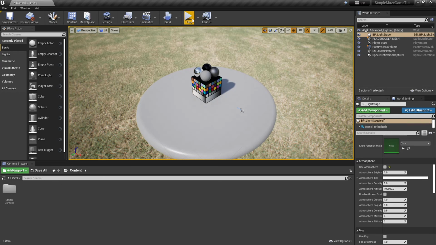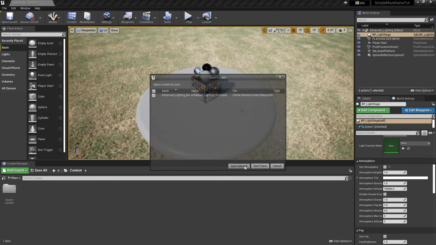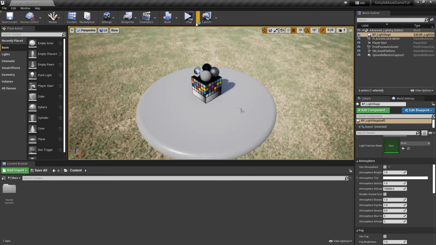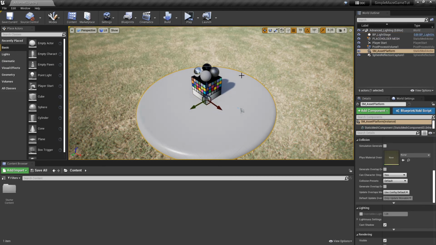You could press play right here, and this essentially just plays the scene. Now I just did something where it starts inside of